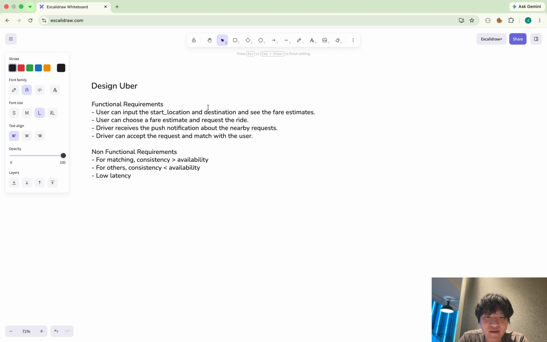So for low latency, I think this is kind of tricky, because when I think of the case of the real Uber, fare estimate is not something which is returned within 1 second. Yeah, so I will give enough time for fare estimate. So let's say fare estimate should be returned within 5 seconds, and